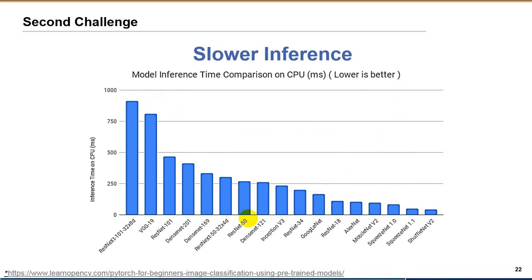So here are some examples of the inference time on CPU in milliseconds, and the network with lower inference time is better for us. And we can see ShuffleNet and SqueezeNet, they are light networks. They also have less off-chip memory access for us, for the same model if we compare them. So in other cases, if we minimize off-chip access, we can also minimize the inference time.